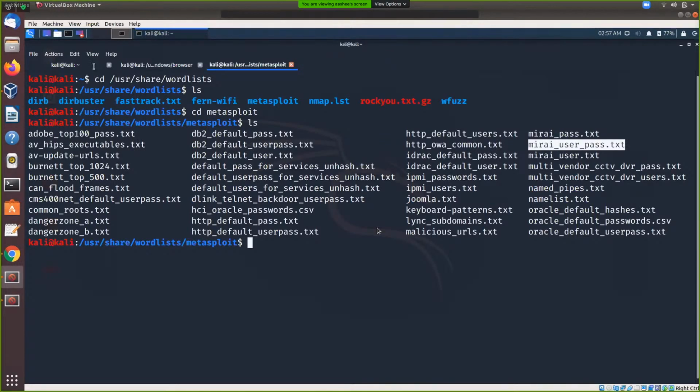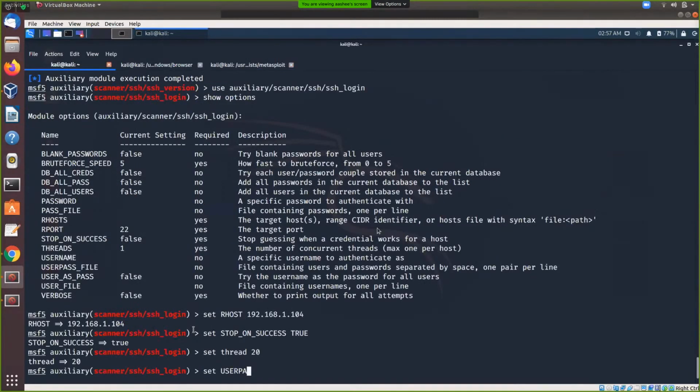So now we will set our user pass file to the location where our word list was. So user word list, right, and then the name of our word list.